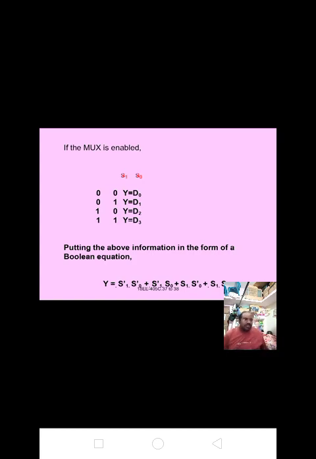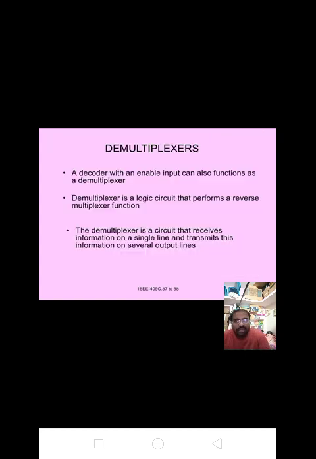Okay. TTL multiplexer is 74153, 4x1 mux. Next, 74151, 8x1 mux, and 4539 is a CMOS multiplexer, that is 4x1 mux, and 4512 is 8x1 mux. These are the several IC numbers for the TTL and CMOS multiplexers. Now we are learning about the demultiplexer.